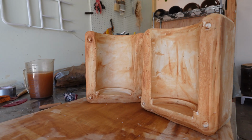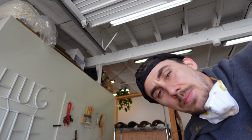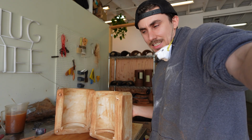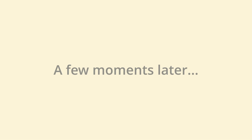Look at these puppies. I'm pretty happy with that. I'm gonna have to let these guys dry. So... A few moments later...